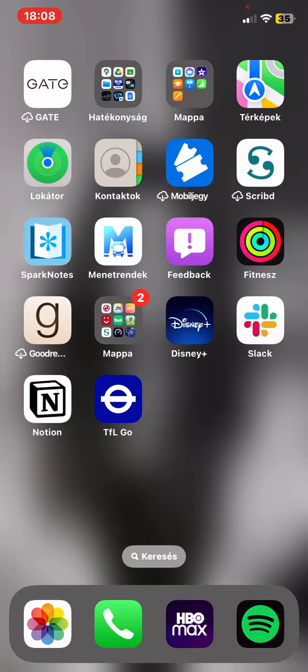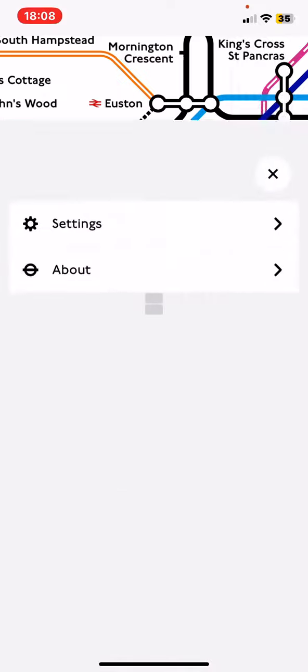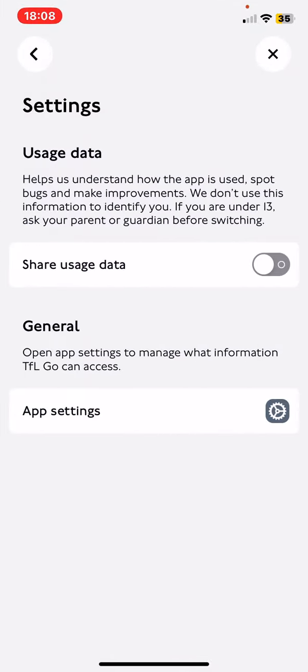First of all, open the application on your phone, and then click on the three lines at the top of the page on the right, and then click on the settings button, and at the usage data section look for this share usage data button,